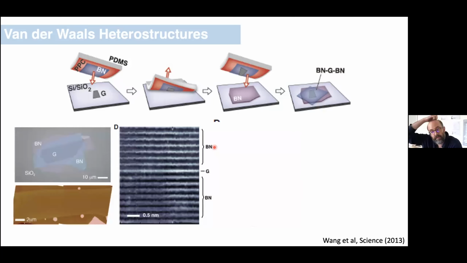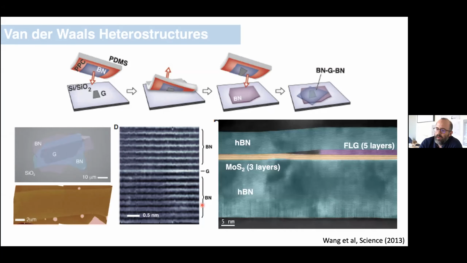So as I said, this isn't that far from reality. Here's some real images of devices made in exactly this way. So the left is a top-down image of what we call a stack consisting of boron nitride, graphene, boron nitride. And in the middle is a cross-section TEM image. So these are imaging edge on the atomic layers of the structure. So the top few layers are boron nitride, which is a layered material. The slightly brighter layer here is a layer of graphene atoms, like monolayer graphene, and below that another BN layer. We can do this with all of the other 2D materials.